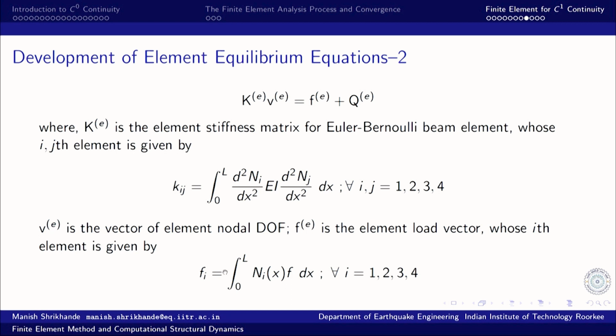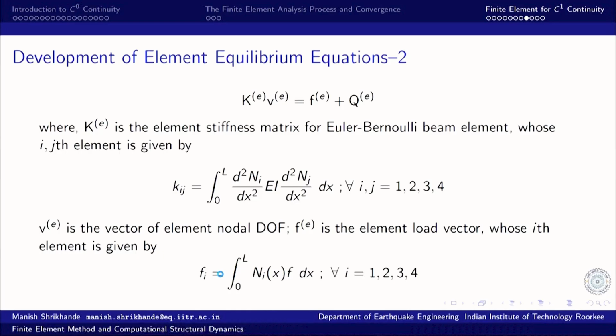F I is the ith element of the nodal equivalent force. So, F is the distributed load over the entire element. That distributed load is being converted into the nodal loads. So, F I is the nodal equivalent of that distributed load F, and that is done by using again the work equivalence. It is the same amount of work.